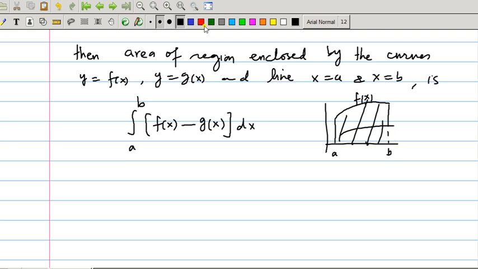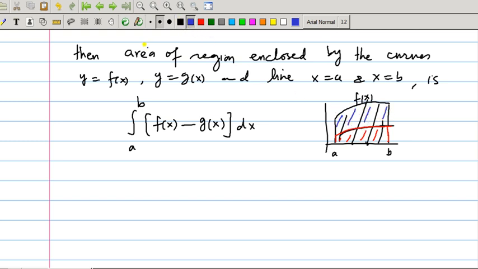The second curve is g(x), this one. If I integrate g(x) from a to b, I get this area, the bottom one, right? So if I subtract the red one from the black one, I will get this blue one which is between a and b,